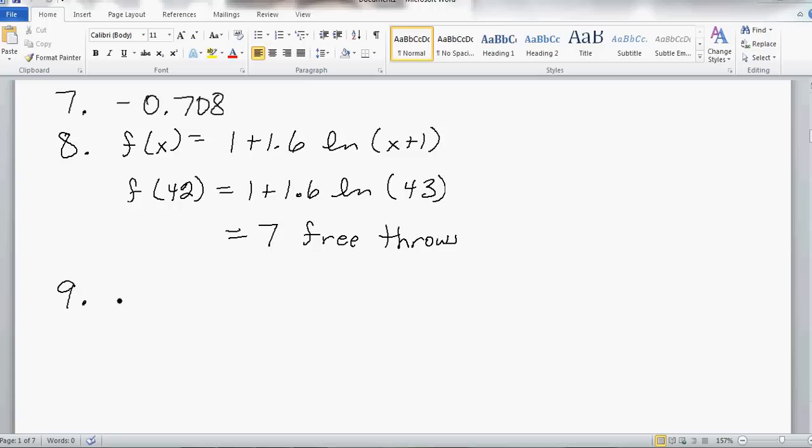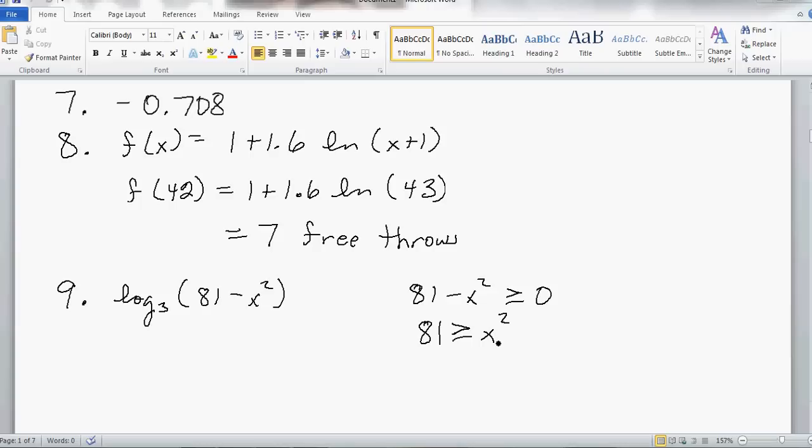So in number 9, we see that we're trying to find log base 3 of 81 minus x squared. So what we have to do is figure out where 81 minus x squared is greater than or equal to 0. Well, we can add x squared to both sides. So 81 has to be greater than or equal to x squared. Or another way to look at it, x squared has to be less than or equal to 81. Or in other words,